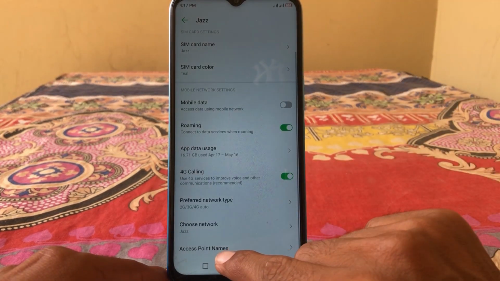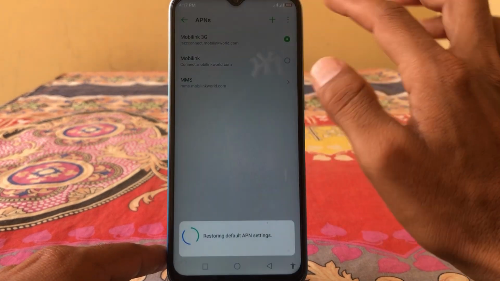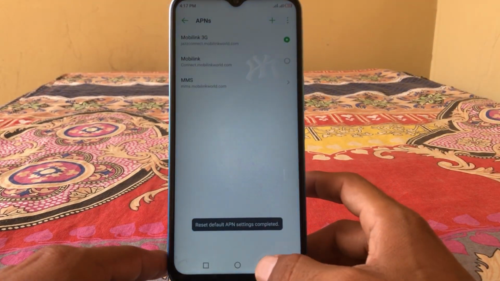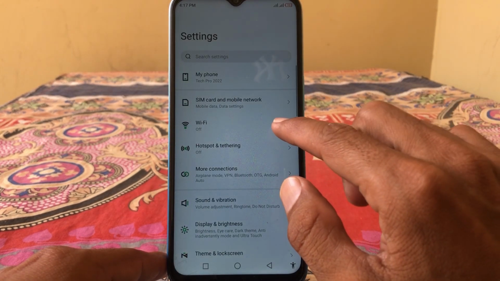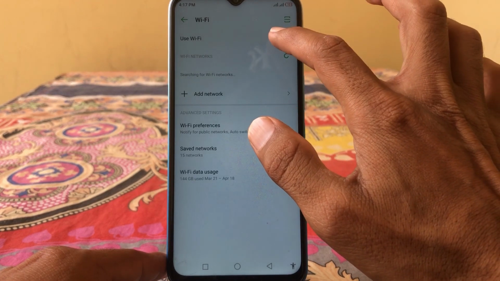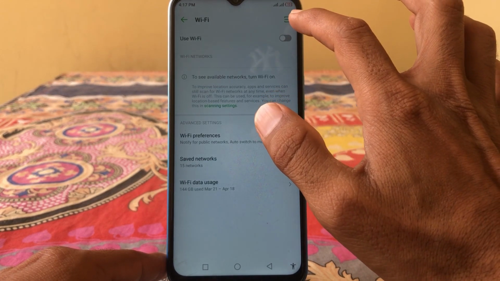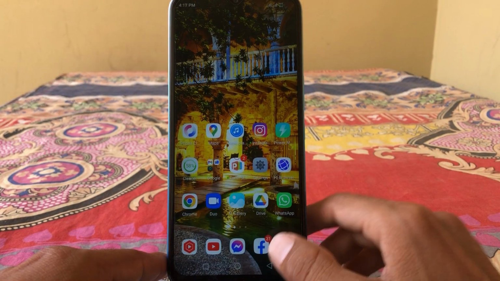So after that you have to tap on access point names, then tap on three dots here, then reset to default, then go back. And if you're using Wi-Fi, then what you have to do is just simply tap on Wi-Fi and you have to turn the Wi-Fi off and then turn it on again, and then go back and